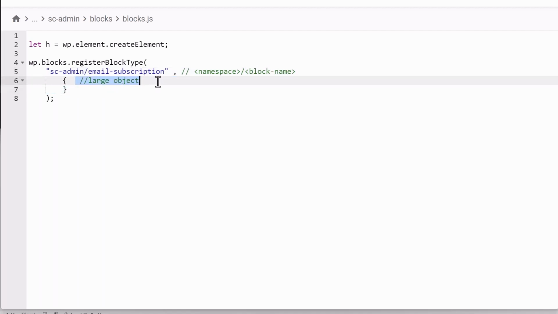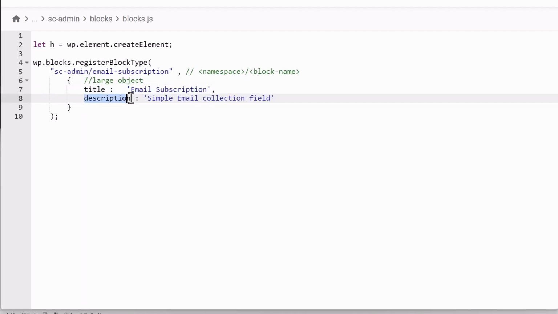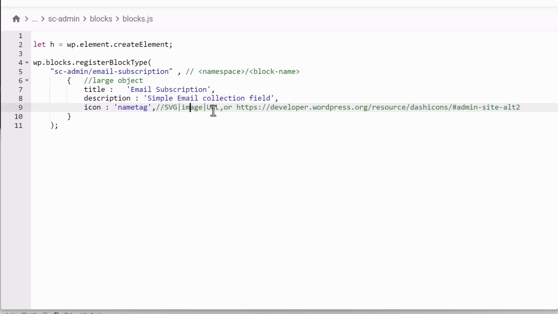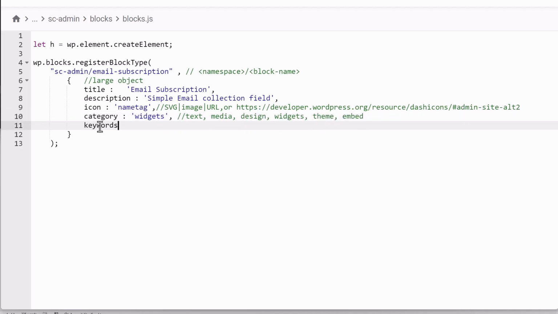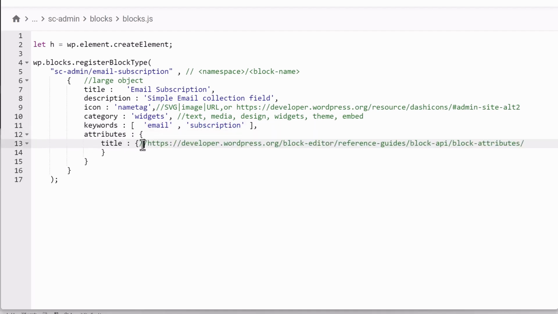And now we're going to create a large object that's going to be responsible for defining the overall structure of this block by providing a title, a description, an icon, which can be an SVG, a URL image, or you can visit here for more information, and then provide a categories type, which is going to be a type of widgets, but here's some bunch of other ones. I'll provide some keywords as well